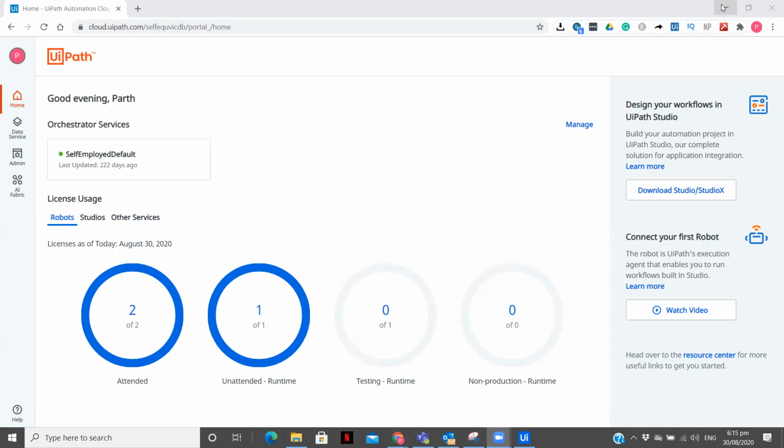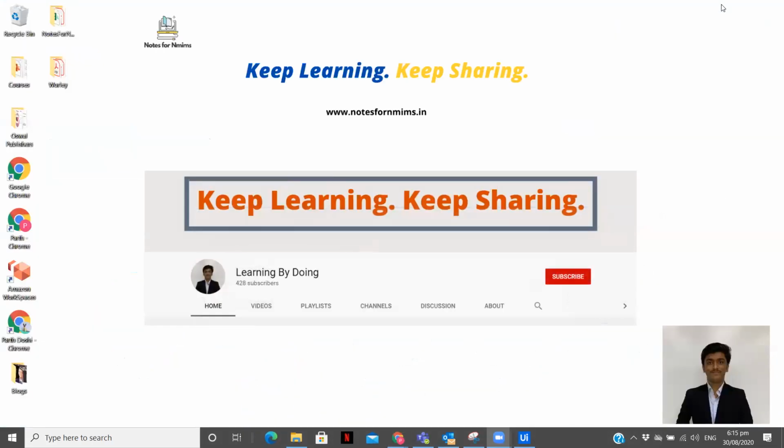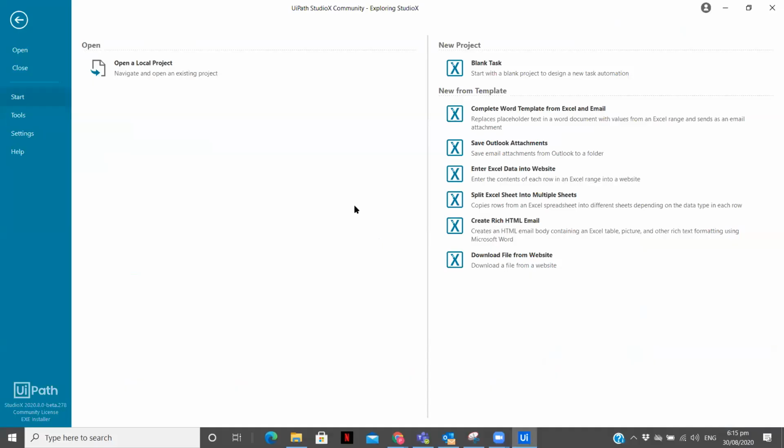You need to select that and install Studio X. These are the simple steps you need to follow. Since I have already installed it, I'm not going to install it again. After you install it, this will be the screen you will see on your system.